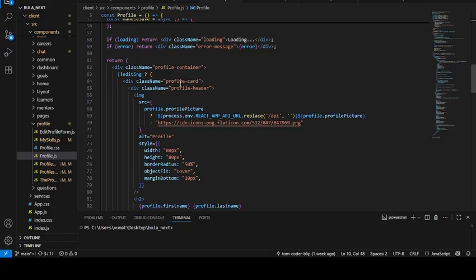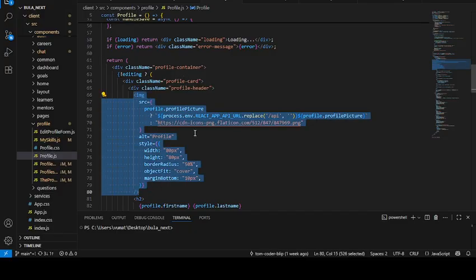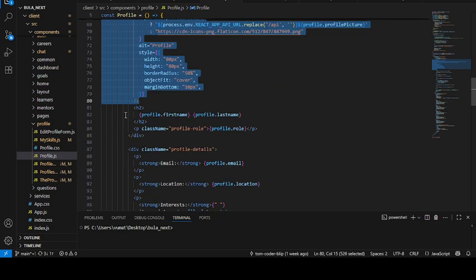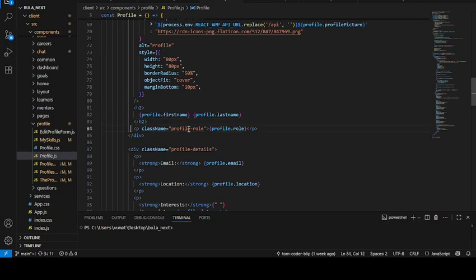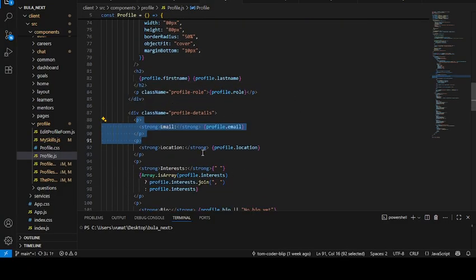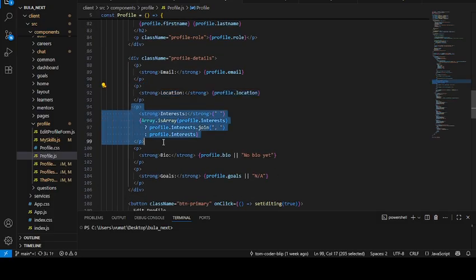So firstly, on your own profile, what you'll see is your profile picture, your first name and last name, your role, your email. So you'll see your profile details, such as your email, your location, the interests, the bio, as well as the